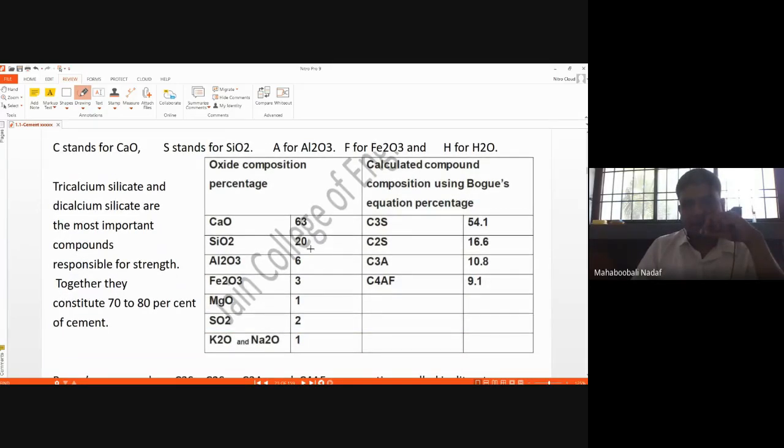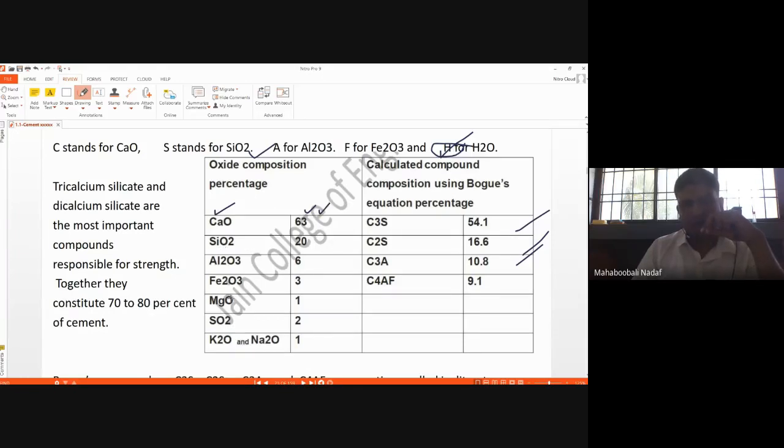See here, in this table, one side is raw material composition, another side is cement composition. Are you getting this point? One side raw material composition, another side final cement composition. We have seen CaO, SiO2, Al2O3, Fe2O3. What are these? These are the oxides of the minerals present in the raw material. Their percentages are 63, 26, 3, 1, 2. These are the percentages of oxides in the raw material.